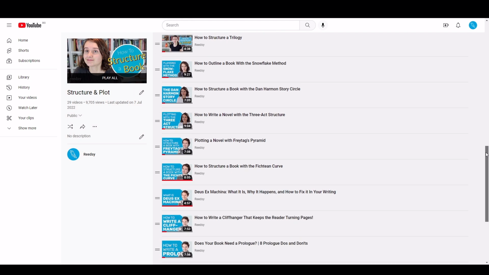But I want to talk a little more broadly about what the first act should accomplish, in case you don't want to follow a more specific plot structure that lays out the first act beat by beat. First of all, and most naturally, you need the initial setup. This is often called the world before the story. Basically, it's your character's life before the inciting incident, before the story has begun.